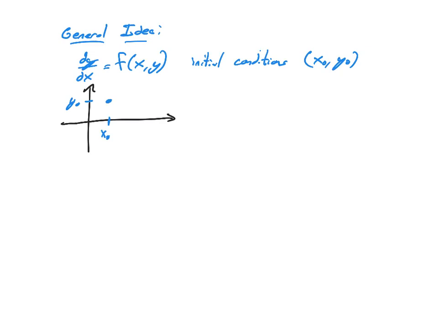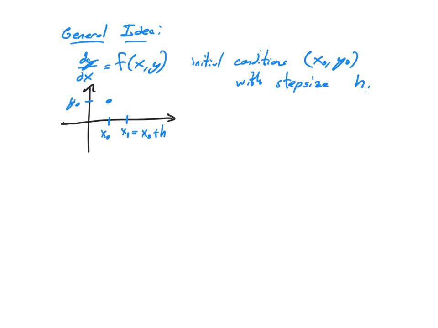That's going to be our point. And then our next point, x sub 1, is equal to some x naught plus some step size. I'll usually have a step size associated with it, or something you've got to figure out, like a step size of 0.1 or 0.2, etc. But in this example, I'm just going to call it h. So with step size h.